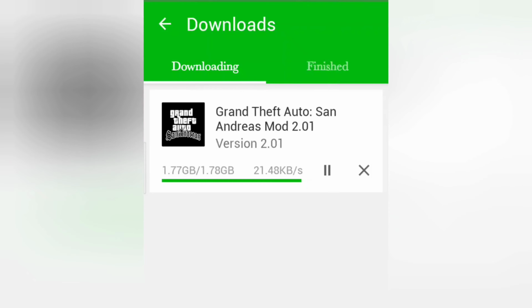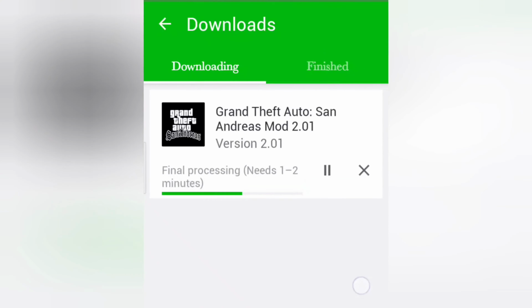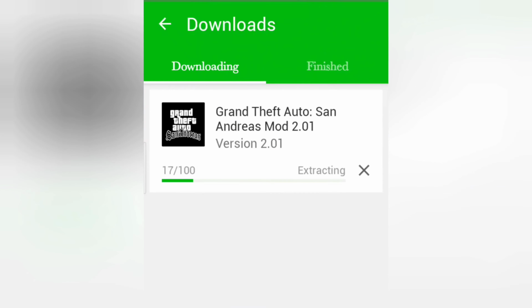It will extract. It's downloaded completely. Wait for 2-3 seconds. This is the important step. This won't happen automatically if you don't install the original APK. This is the twist. It's getting extracted, right? This is the main part. After the extraction, when you open the game, the downloading part won't show. It's that simple, guys. That's the only twist. It's very easy.